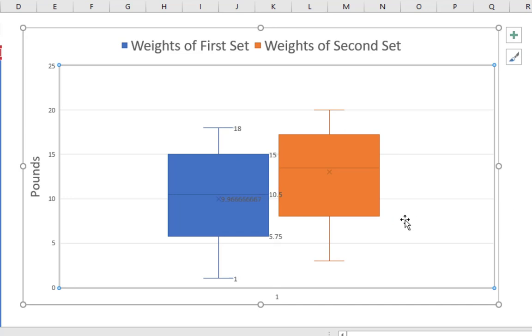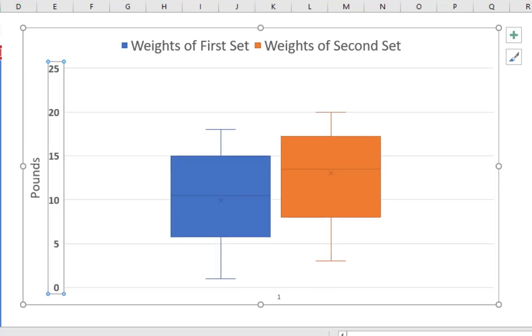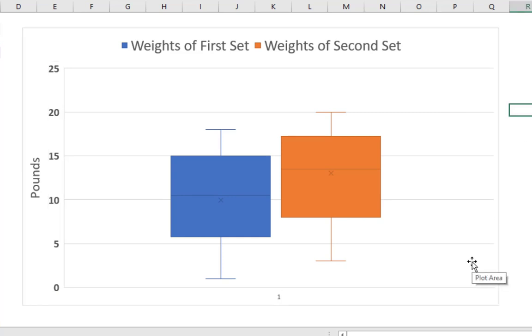I think that those numbers actually kind of get in the way, because you have the axis, right? I mean, you've got the axis. If you need to make the numbers bigger, you can. And I think that's all you really need, because now you can use what you know about box and whisker